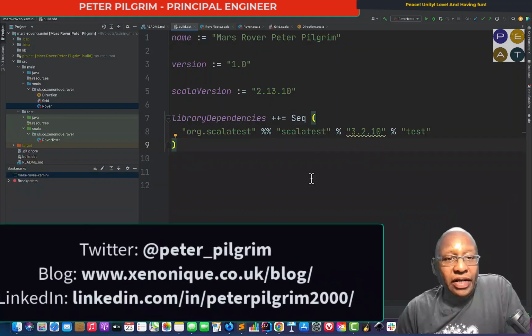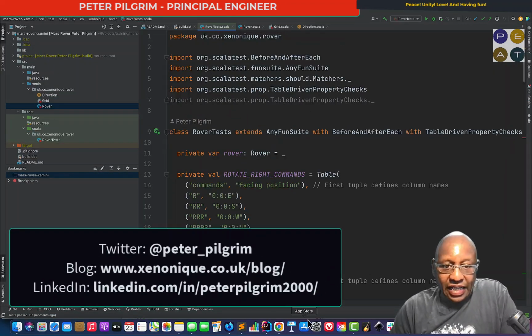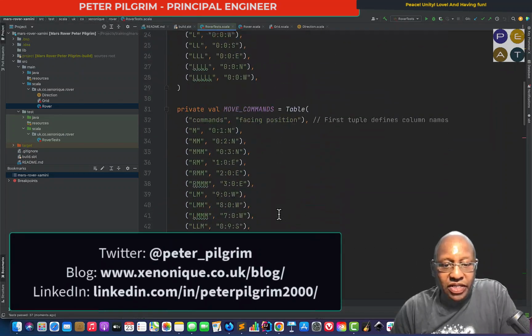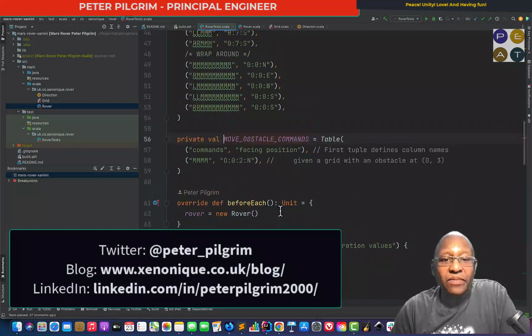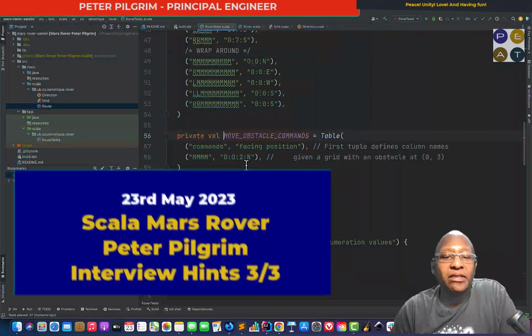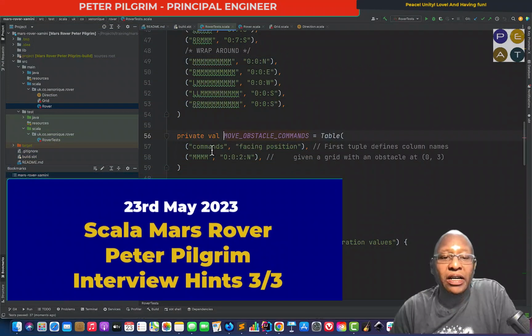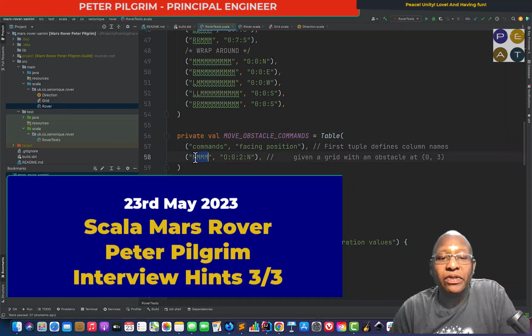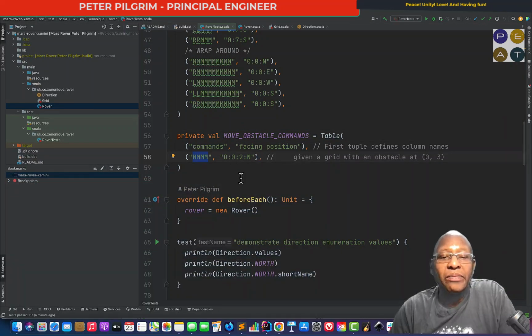Okay, we're back to SBT. Let's look at the obstacle side of things now. So now I've got parameterized tests, a table of obstacle commands. So when I move 4 times, starting at position 0,